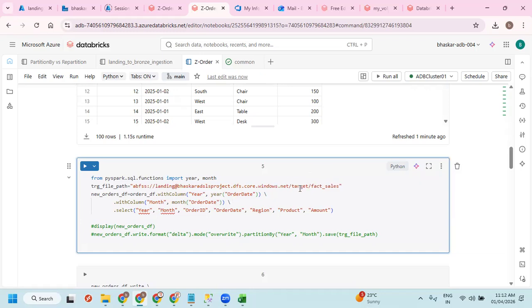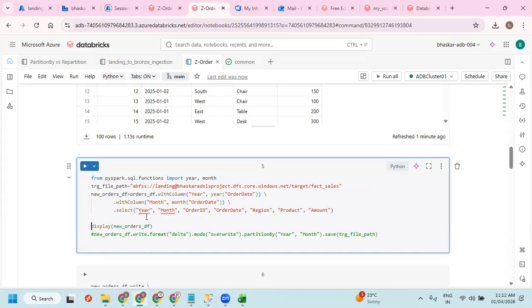Let me take out this. So inside the target, I'm going to have a fact sales. The same year column I'm taking from the order date. Month column I'm taking from same order date. I'm just writing it.